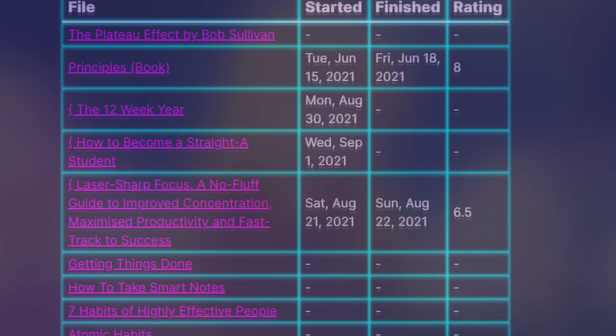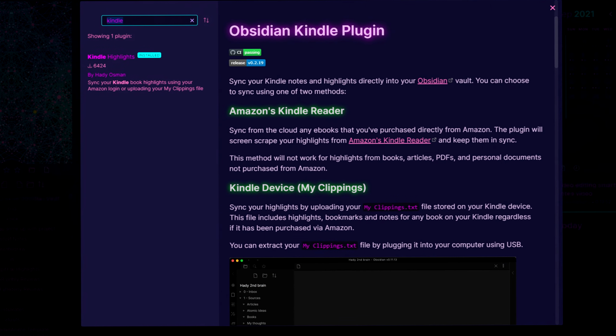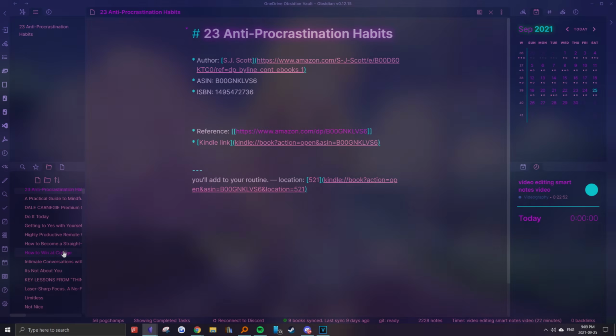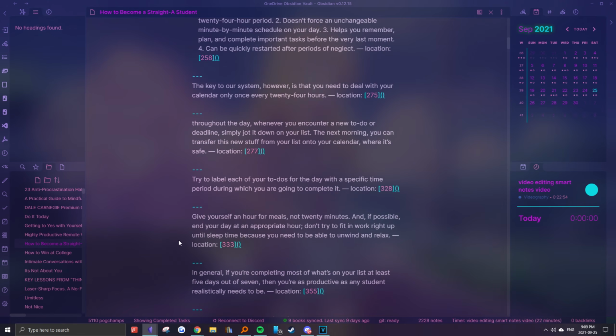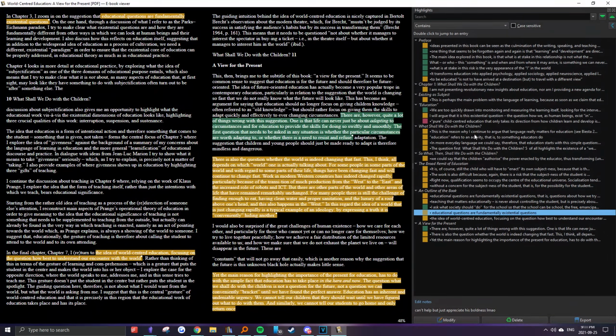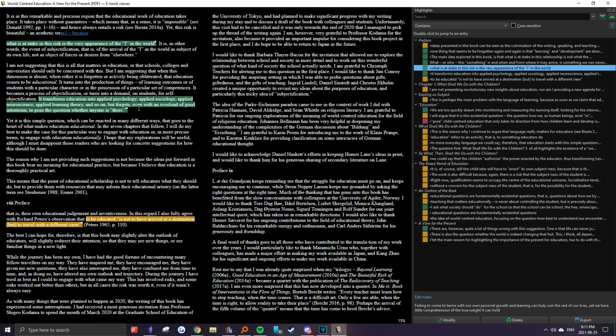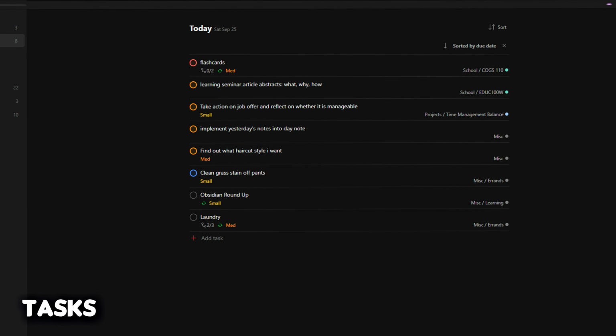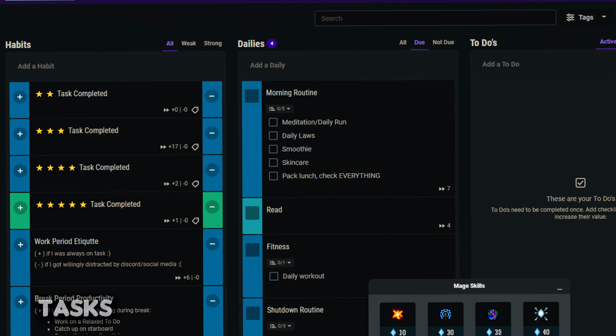I've been reading on my Kindle, so I use the Kindle Highlights plugin to import all my selections into Obsidian, which are all then stored in a single note. However, I've also been trying to incorporate Calibre and its different highlights and annotation capabilities so I can be more in-depth in my notes. I currently use Todoist to keep track of tasks and Habitica to track dailies and habits,